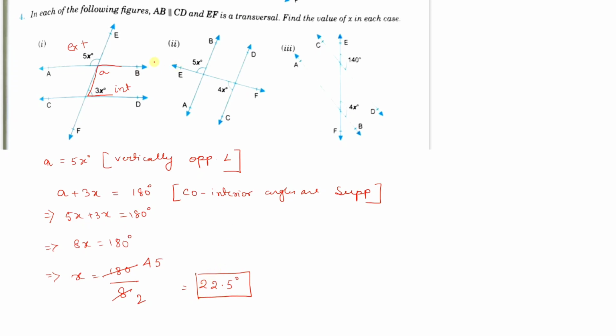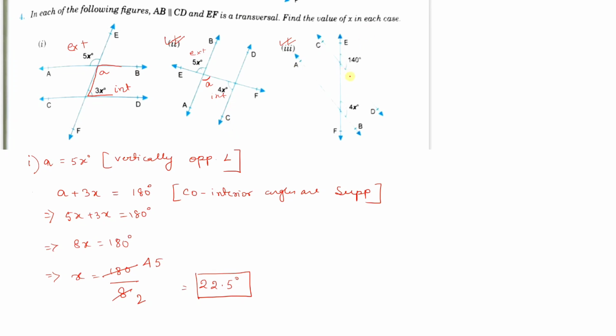So in number 2 and number 3 I will just give the hint and you will try to do it yourself. Look at this. This one is an exterior angle and this one is an interior angle, and we don't know any relationship between exterior and interior. So similarly, if this one is 5x, it will also be 5x. So name it as A and write down A equals 5x, vertically opposite angles. Then A and 4x are forming co-interior angles. So in the second part, it is totally the same as the first. So this A plus 4x will be equal to 180 degrees. Next find out the value of x.